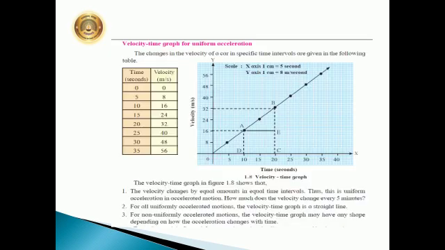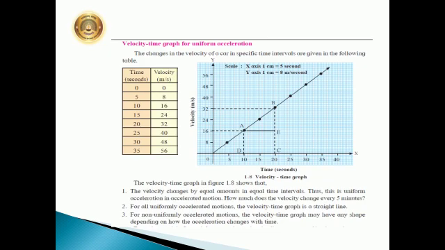Now this is the time velocity graph for uniform acceleration. In this graph it is shown that the velocity changes by equal amounts in equal intervals of time. The time is given as 0, 5, 10, 15, 20, 25, 30, 35. Everywhere a 5-second difference is given. And the velocity is 0, 8, 16, 24, 32, 40, 48 and 56. Can you see the difference? It's 8. 8, 16, difference of 8. 16, 24, difference of 8. So this is a uniform acceleration.